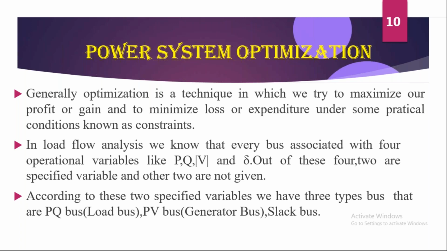But the total power system is a combination of generation, transmission, and distribution. So in power system optimization, several conditions and parameters are involved. What are these parameters? Losses, electrical parameters, the number of buses, and capacity. These are the parameters involved while we optimize the entire power system.